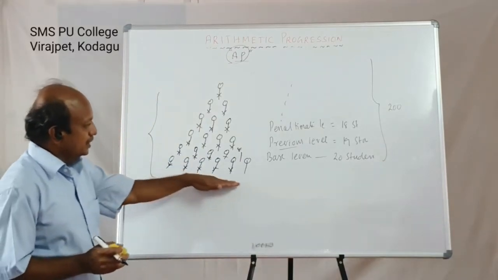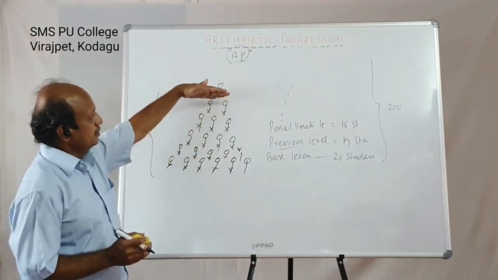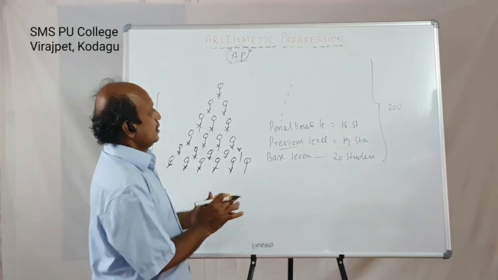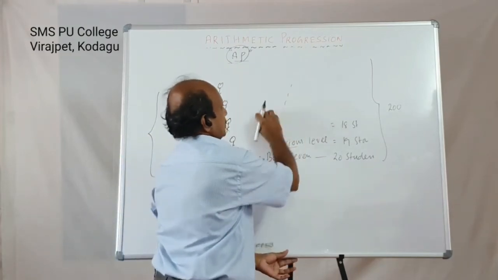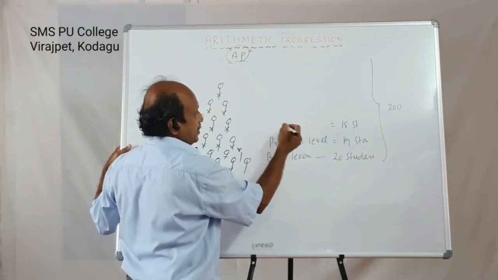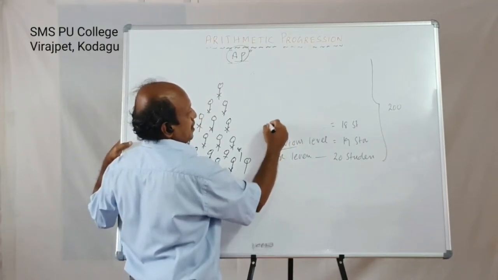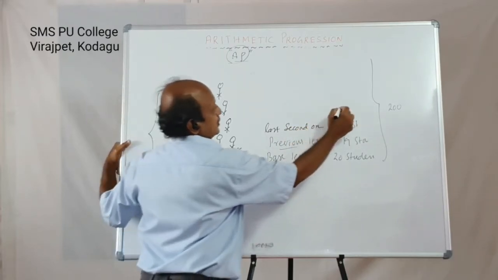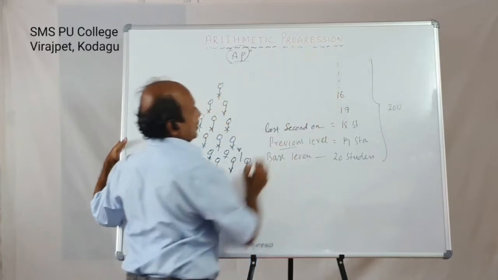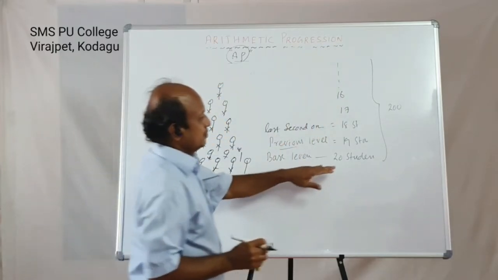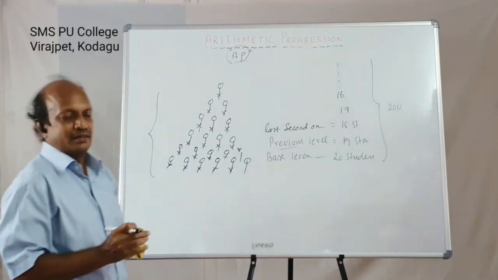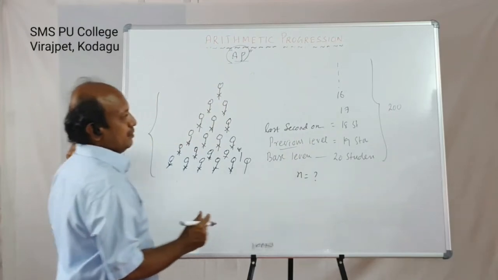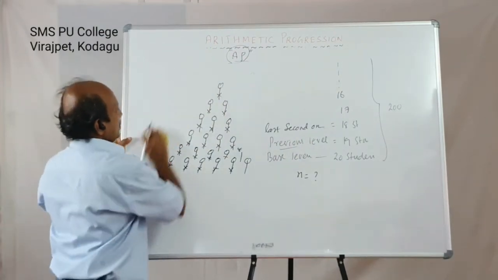Here of course I have taken base level 6, next 5, 4, 3, 2, 1. Here I am going in reverse. Base level there are 20 students, the previous level there are 19 students, and again the next one there are 18 students, and 17 students, 16 students and so on. It is very tedious to count 20, 19, 18 till 200. Now what is the question? Totally how many students are participating? That means you have to find the number of students. Here, what information is given?